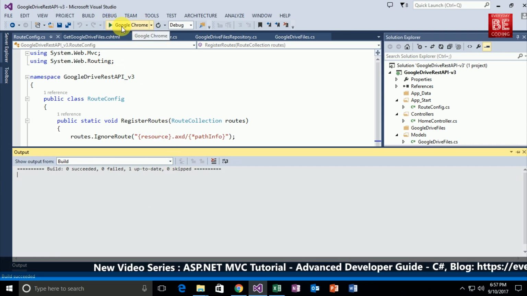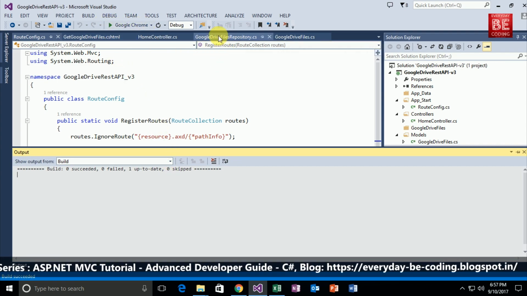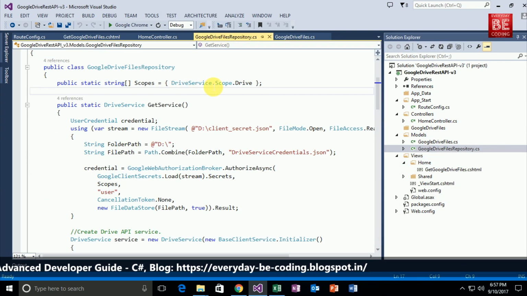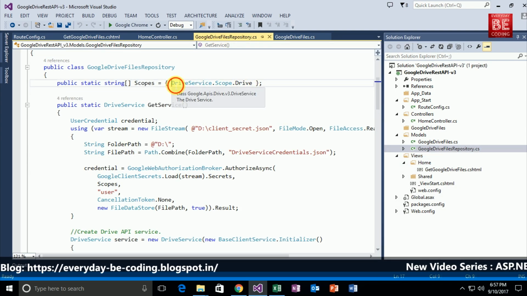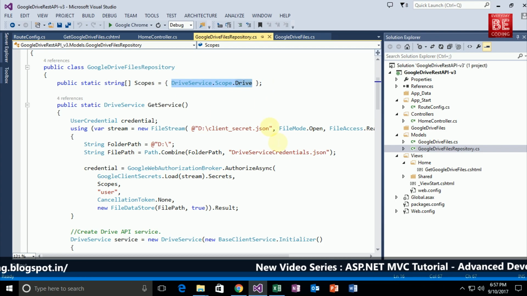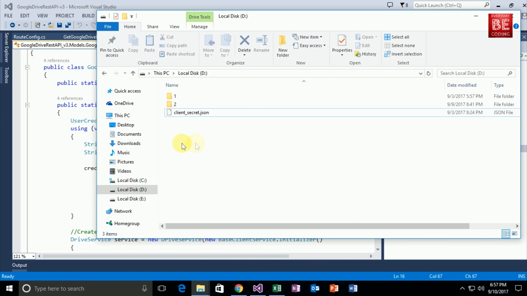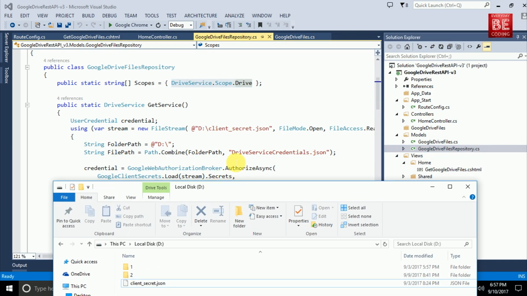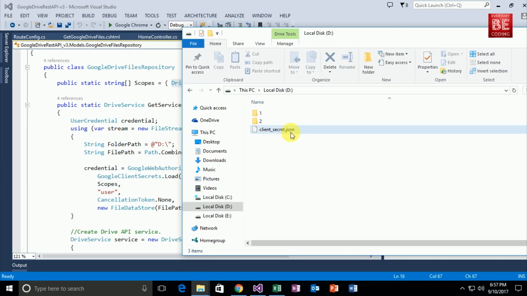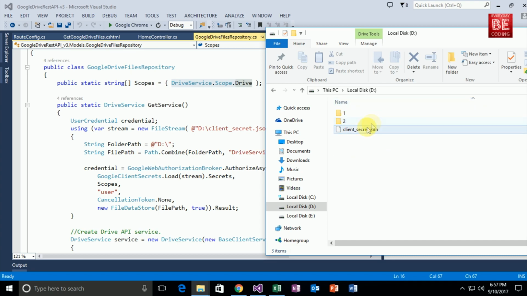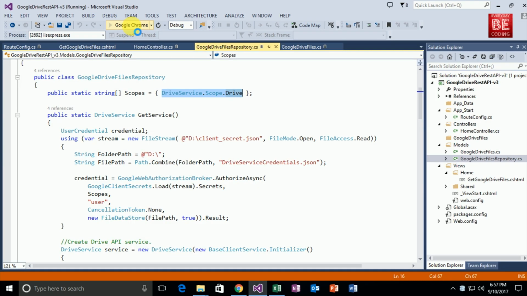Before I execute this code, one important thing you may have noticed is DriveService.Scope.Drive. This is a specific permission that I am allowing within my application. When I click on this specific drive, there is no such folder. What type of folder? The DriveServiceCredentials.json files. So there is no such folder within my D drive. And the moment I execute this code, just click on the execute button, and as you can see, Google